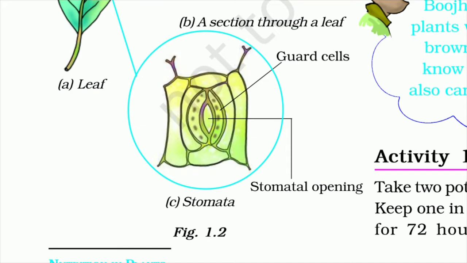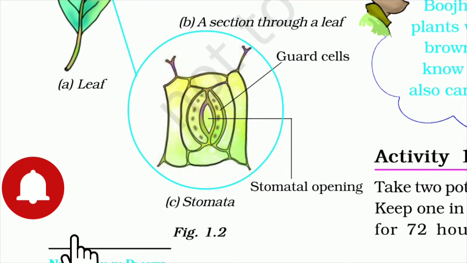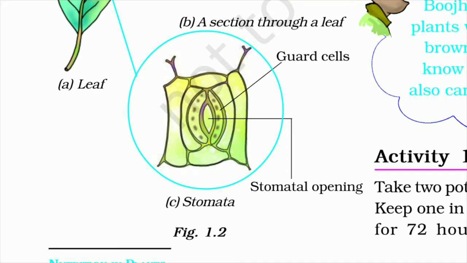As you can see in the figure, there is a tiny pore, and it is called the stomatal opening, and around this there are guard cells. The guard cell contains a liquid that comes inside this part and then moves out. When this liquid comes into the sac of the guard cell, the guard cell becomes swollen, and due to this the stomatal opening closes. But when the liquid present in the guard cell moves out, then the guard cell becomes relaxed, and due to this process the stomatal opening opens and closes every time.